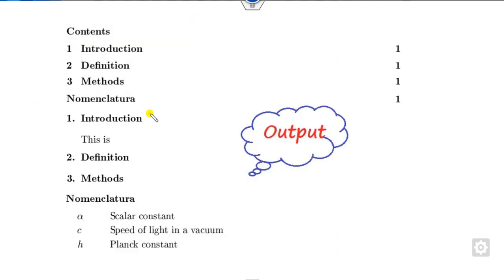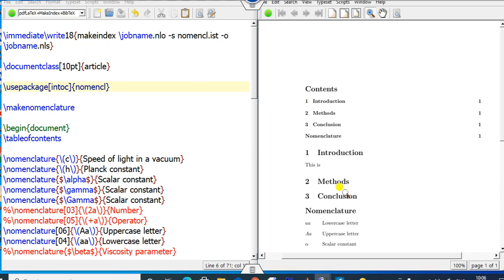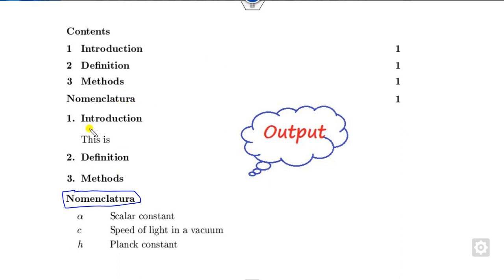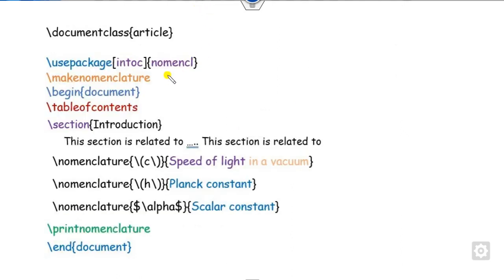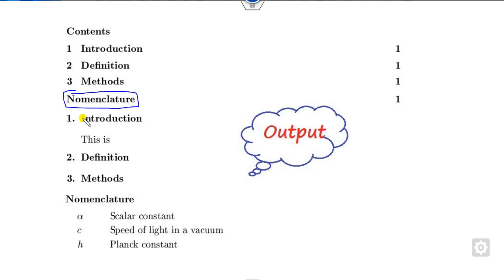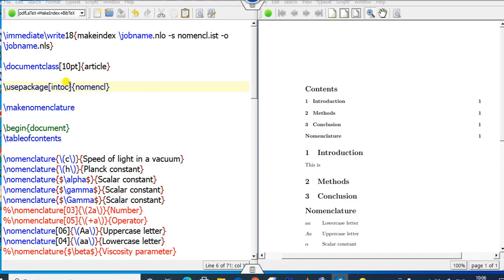Once you run it, you can see that now the nomenclature name is not English. It's a Spanish word. Look at that, this is the English word, nomenclature, but I used Spanish. You can see in the table of contents it is also Spanish. On the other hand, if you remove it, then your output will be simply nomenclature, the English word. So if I write Spanish here, you can see now the English nomenclature appears. If I run this file, you can see the nomenclature, whatever the symbol, Spanish will pronounce this way.